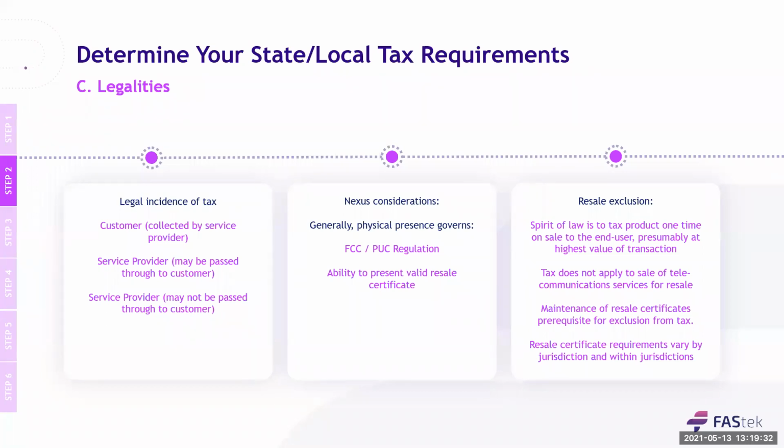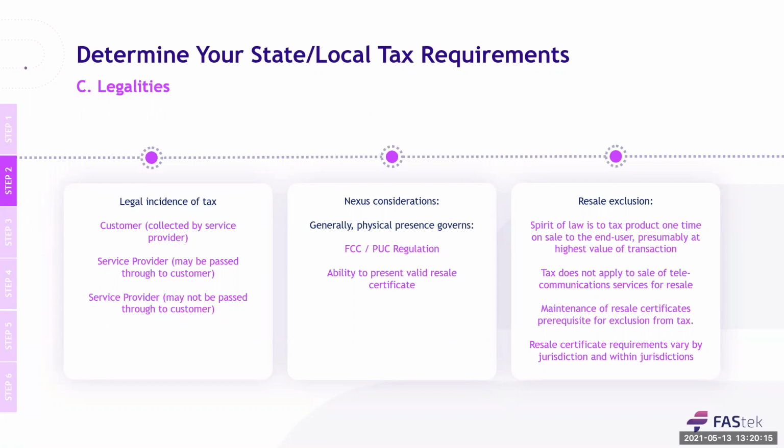There are some surcharges that may be passed through to the customer, such as gross receipts tax. This tax is based on the total gross revenue, regardless of source. It's imposed on the provider, although it is eventually passed through to the end user. Now, another example of legal incidence is not being able to pass through tax to your customer. In this case, you, the provider, will be responsible for remitting directly to the jurisdiction and are not allowed to pass that tax on to the consumer. For example, Washington doesn't have an income tax, right? But a business and occupation tax is remitted to the state based on gross income from activities conducted within the state. So yes, that would apply.